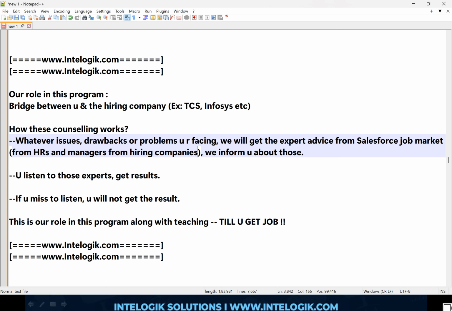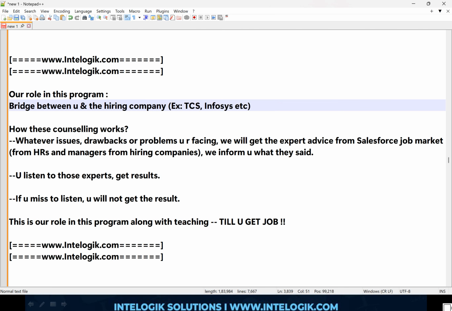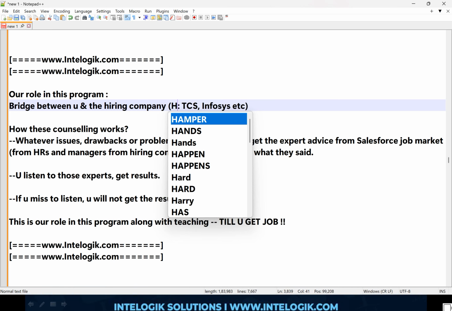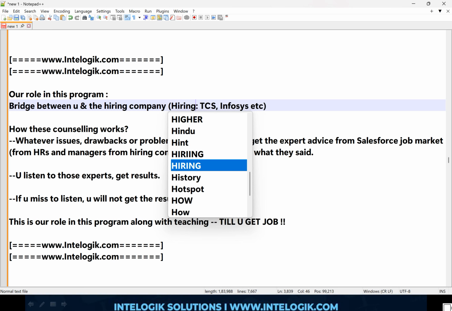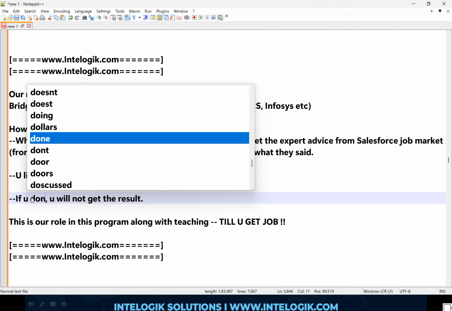And we will inform you what they said. Okay. Hiring company means this. Hiring companies means this. You listen to those experts, get the results. You miss to listen, or if you don't listen,